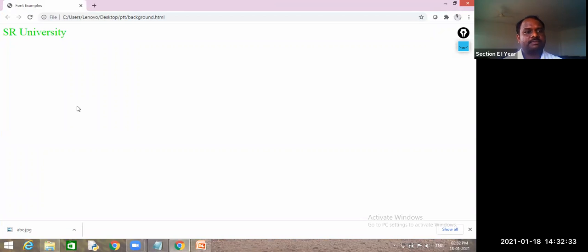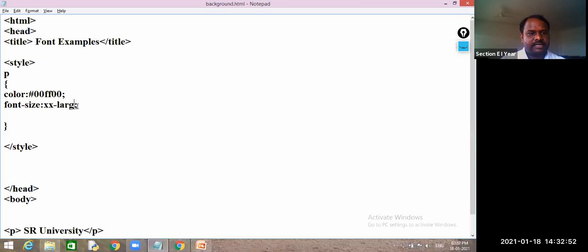So this is the maximum large. So you may ask, extremely large? Extremely large is applicable. Maximum is this size. Even if you want to increase the size, then you should migrate to either pixel, or you can go for percentage. And this is medium.